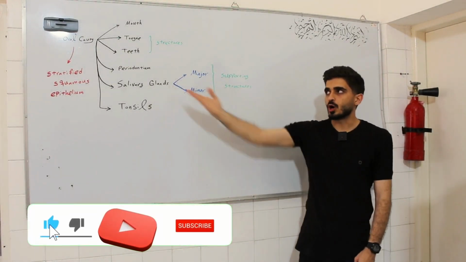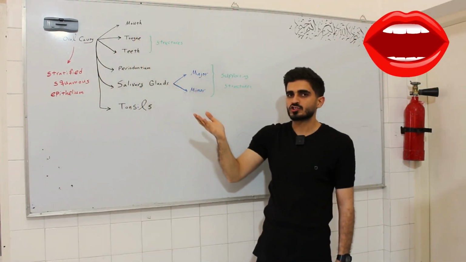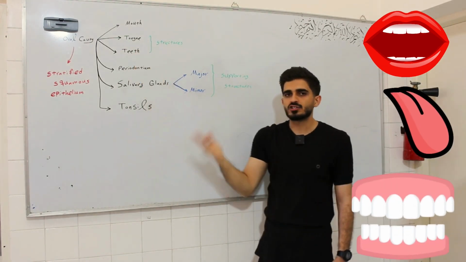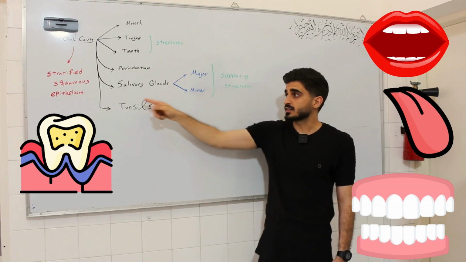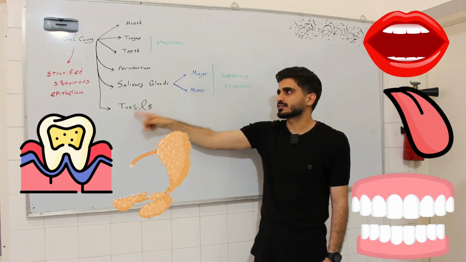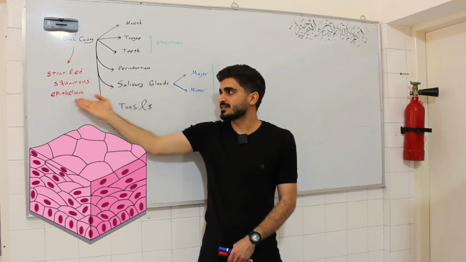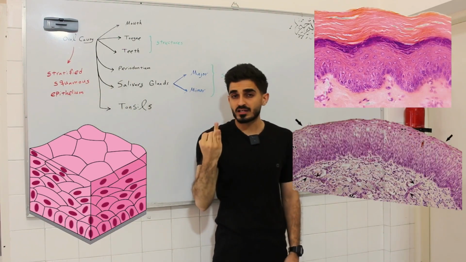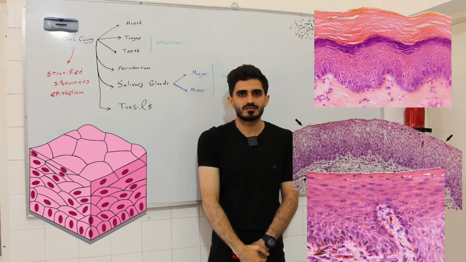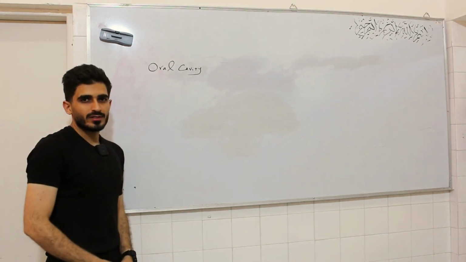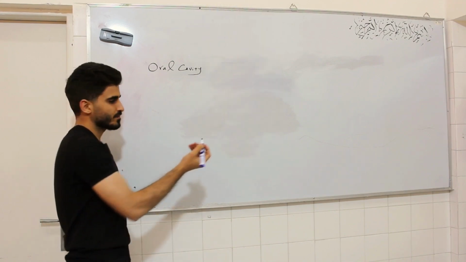Today I want to talk about the oral cavity. The oral cavity includes the mouth and its structures such as the tongue, teeth, and their supporting structures like the periodontium, major and minor salivary glands, and the tonsils. The oral cavity is lined with a stratified squamous epithelium that can be keratinized, parakeratinized, or non-keratinized depending on its specific location. The oral cavity is anatomically divided into two primary regions, including the